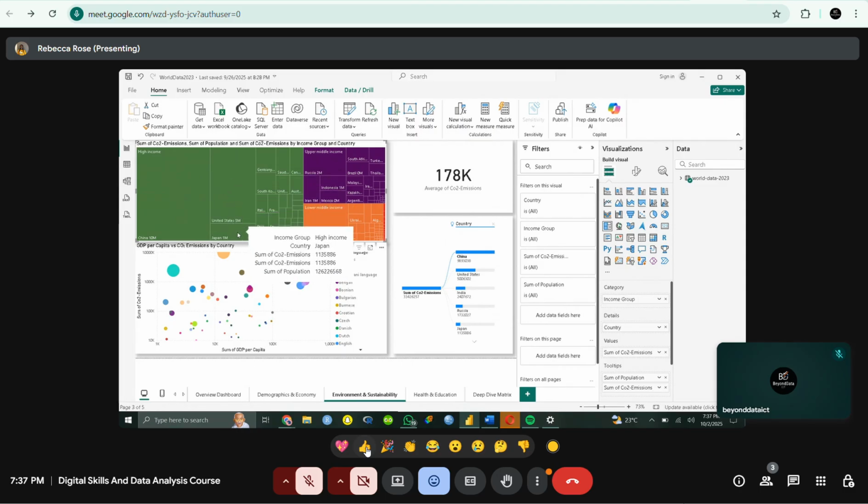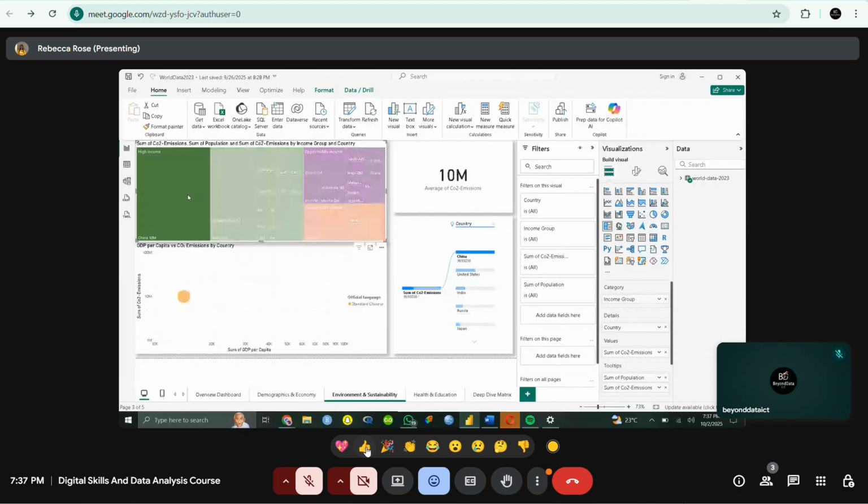China that has a high population also has high CO2 emission levels. You can just press on it, and then the entire dashboard will be interactive, and then you can see from this card that the average CO2 emission for China is 10 million, same as that. You can just press on it and you can see,